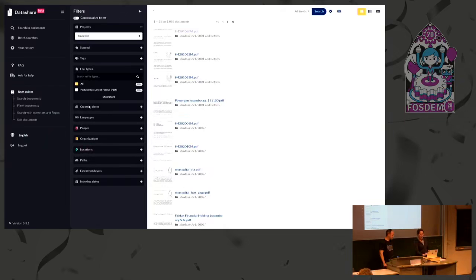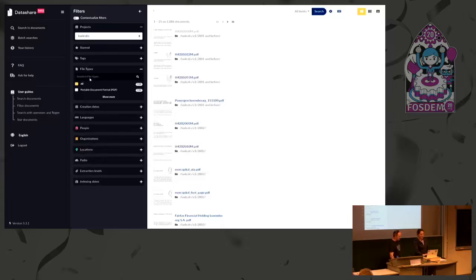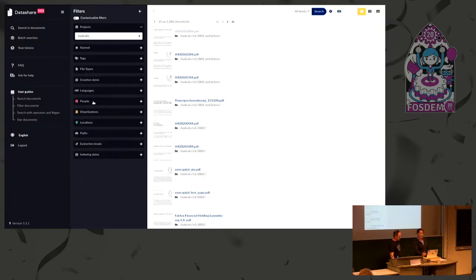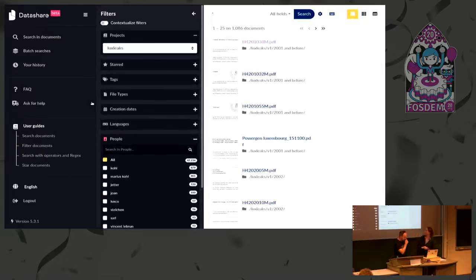And I can do exactly the same for the languages. So in one click I can discover that I have some documents in English, French, German, and Italian. So it gives a first overview of the languages of the documents in that corpus. And about the NLP pipelines, here are the results: all the named entities extracted, that is about people, localization, and organizations.